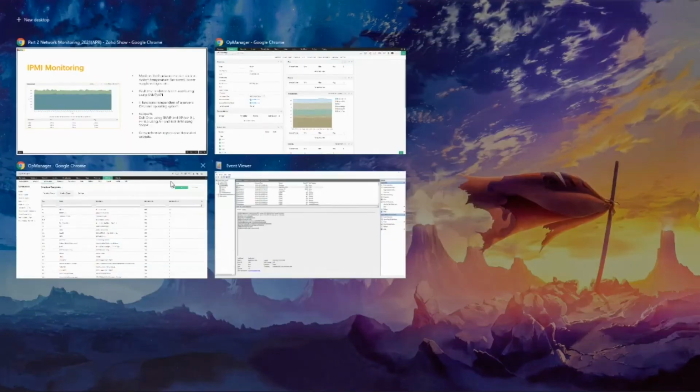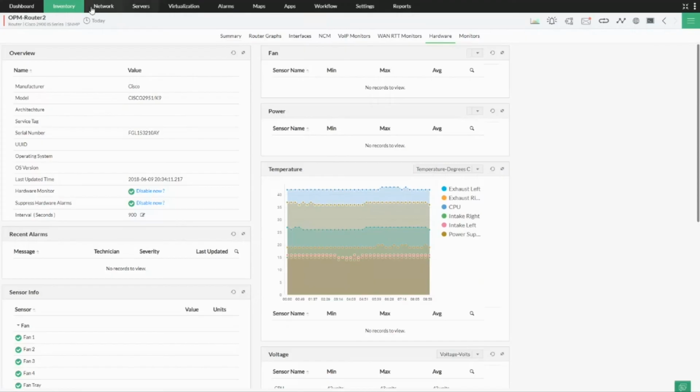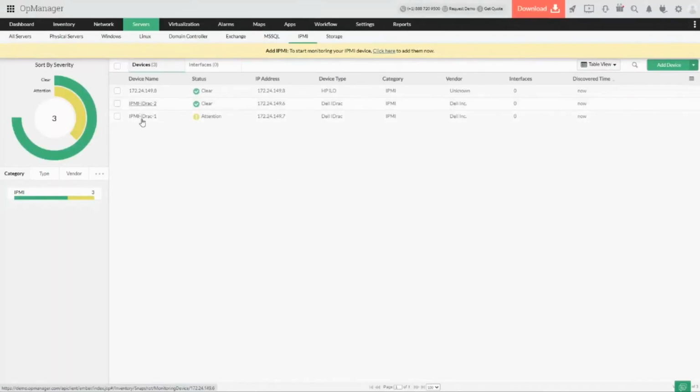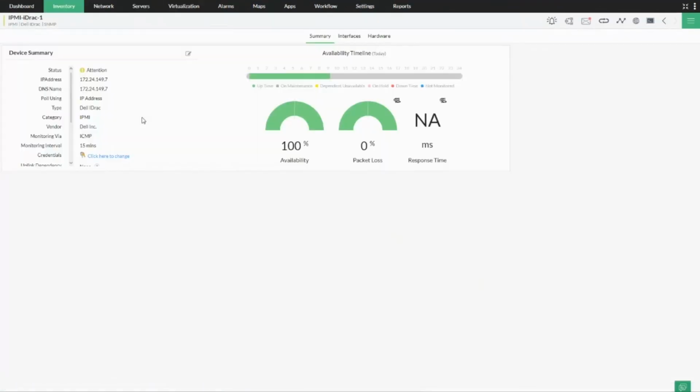So when we talk about IPMI monitoring, let me show you what are the various pieces of information which you could see in terms of IPMI when you add an HP iLO device or a Dell iDRAC to OpManager and start monitoring them. For example, when we see this particular IPMI Dell iDRAC device which I'm monitoring within OpManager, these are the pieces of information which I can see in them.